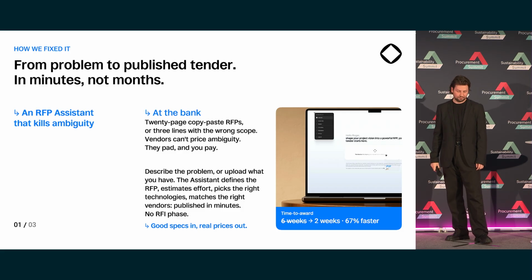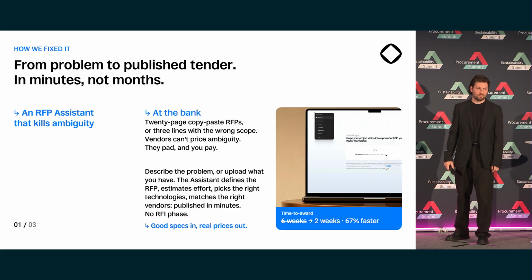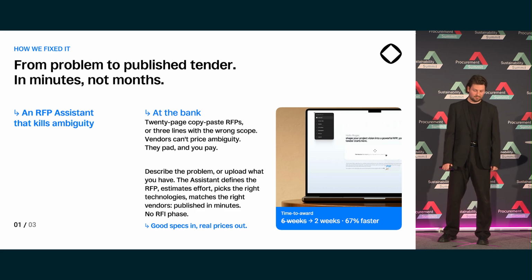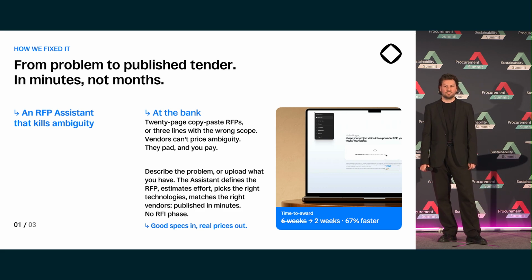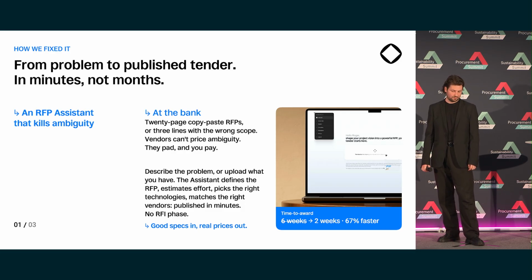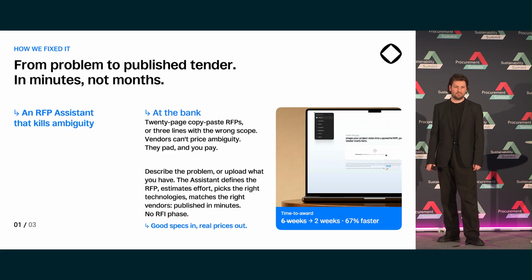So what happened from the chaos before between the IT and the procurement? We designed with the procurement how it's going to work and let the IT leaders and business owners create these RFPs by themselves. So it was intelligent. We could estimate how much it's going to cost. We could also advise which technologies maybe are going to be the best one for the solution. And also we could help you to find the best vendors to invite